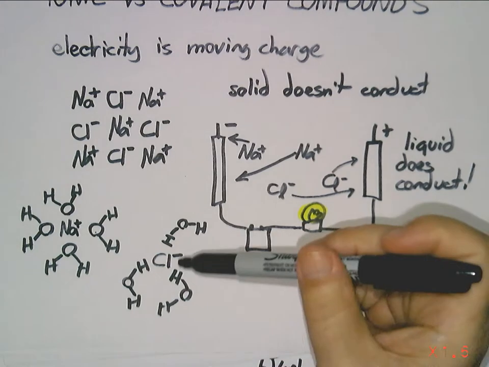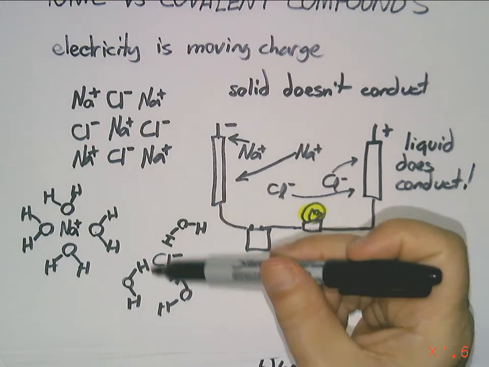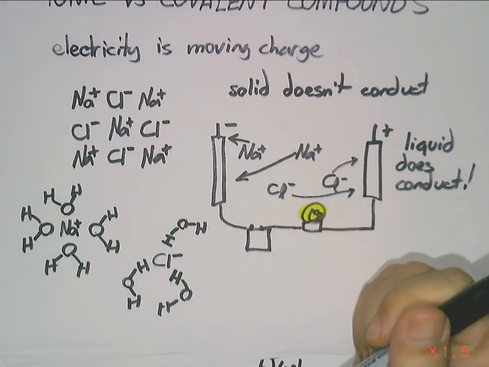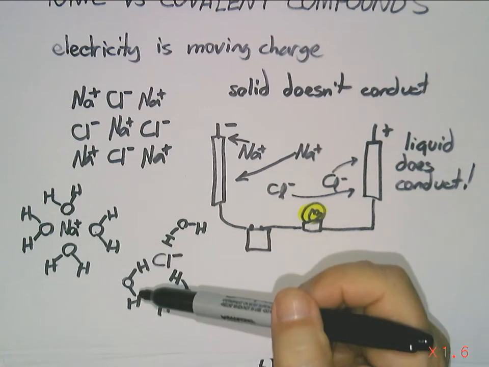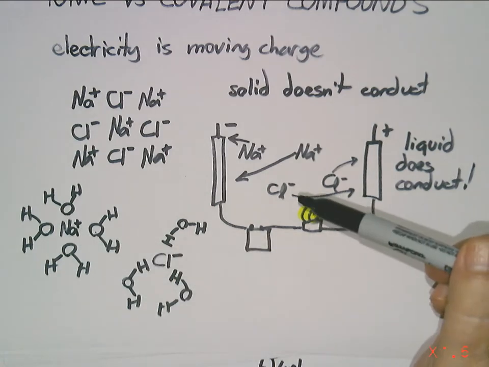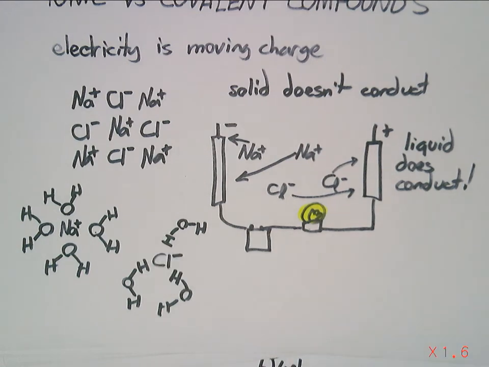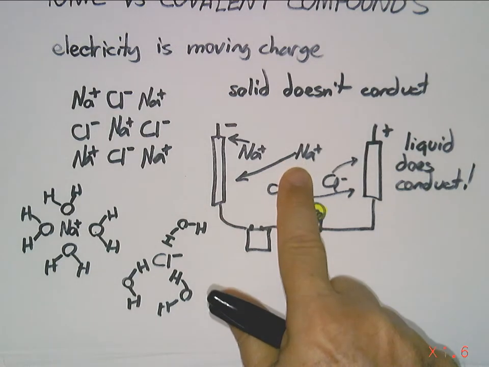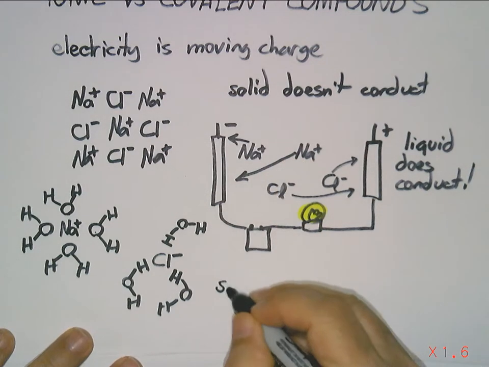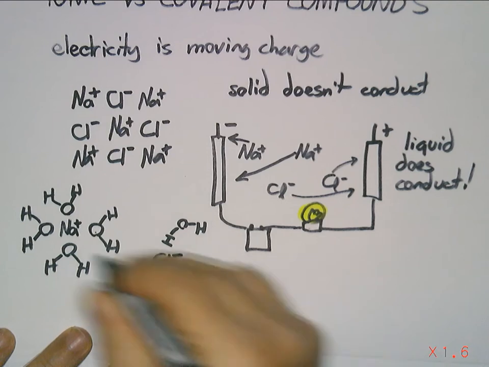So essentially what you have is an ion with waters attached to it. And now these are free to move, just like they are in the melted salt. And I can go ahead and put a solution in there instead of a melted compound. And because these things can move freely,